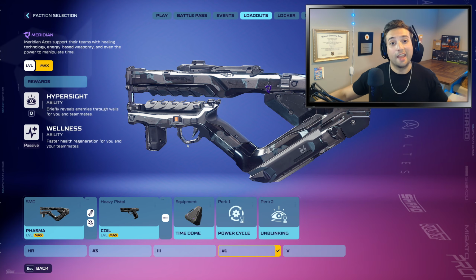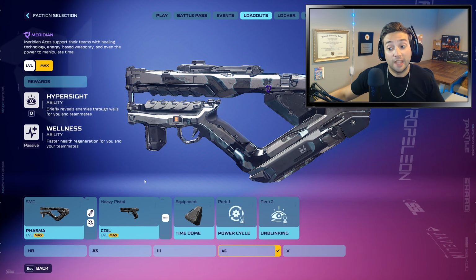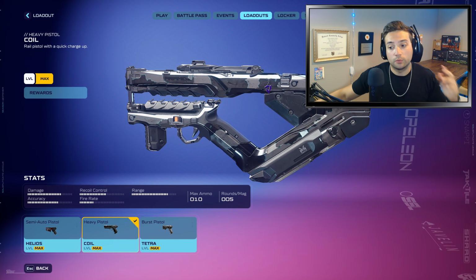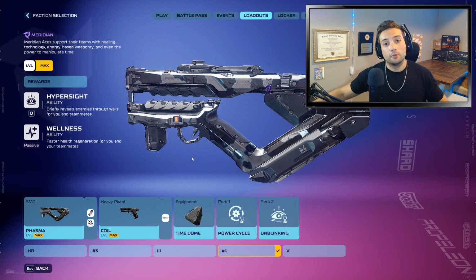For my secondary, I am going to run the Coil with barrel extension to finish up kills when I do run out of ammo with the Phasma. If you don't like the charge up time with the Coil though, I would recommend the Tetra with barrel extension as a good alternative. For the equipment, I am going to run the time dome, and anytime I get into